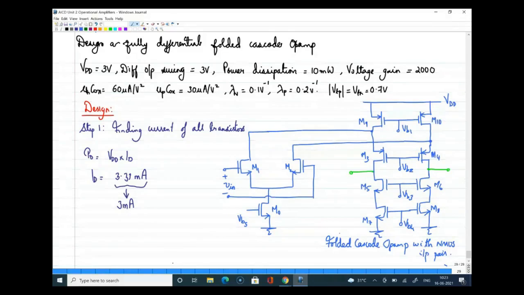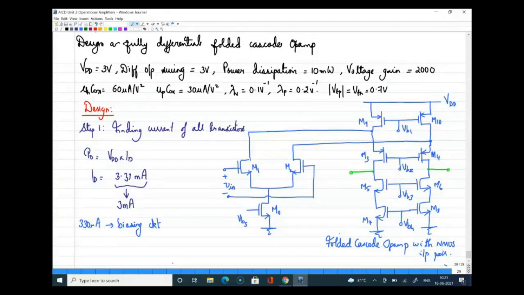Now let us see how we can allocate this 3 milliamps current. So 330 microamps, I am just writing it here. I am utilizing 330 microamps for the biasing circuit, which I am not going to consider now. This is for the biasing circuit exclusively. Now look at this. I have 3 milliamps of current, and if I look at the circuit, can you tell me which transistor will be carrying the maximum current? M0. Which one? M0. Yes, sir. Yeah, M0 will carry maximum current.